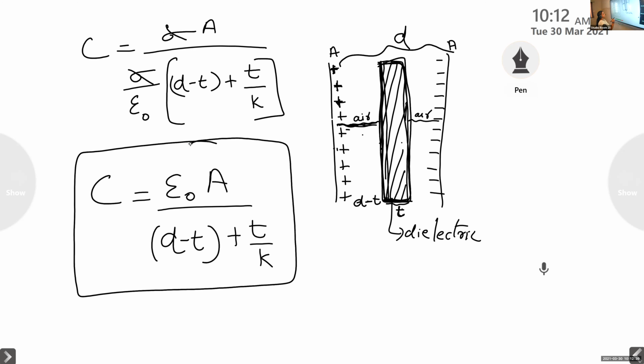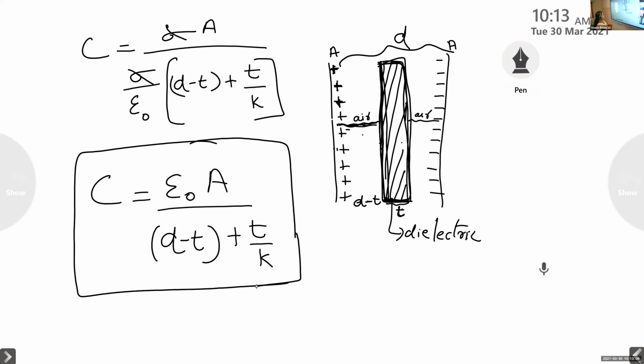So this is the expression for the capacitance if there are two mediums present between the conductors. What are the two mediums? Consider we have taken one is air and the other is the dielectric. So we need to consider the electric field due to the air and also due to the dielectric. This derivation is not given in your textbook, but it may be asked as an application level question. That is why I derived the same expression here.